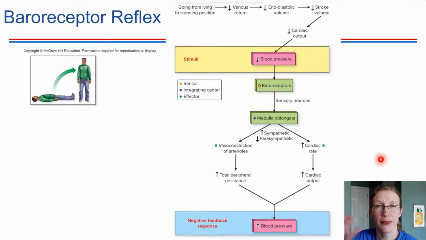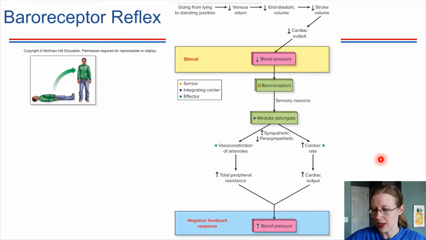Hopefully this one feels like things are kind of coming together. We've covered a lot of ground in physiology together at this point. We've learned a lot of different key systems in the body, and they do all have to work together. So we should be at the point where we're starting to see these interconnections, and they should hopefully be more or less making sense. Even if you don't understand all the details, you can at least follow through a sort of flow chart like this and understand what's going on.